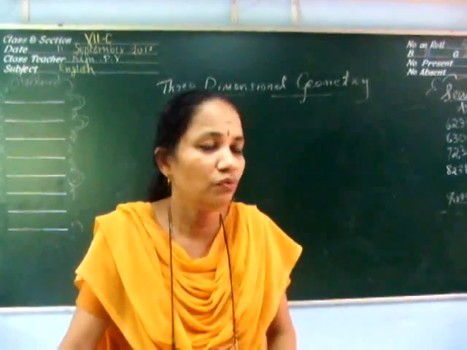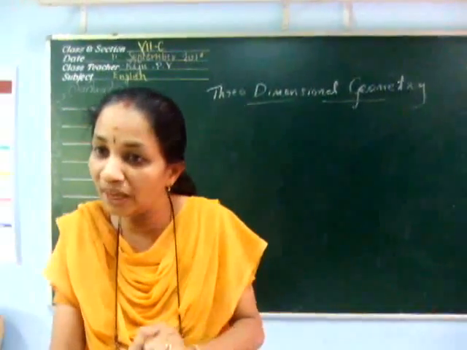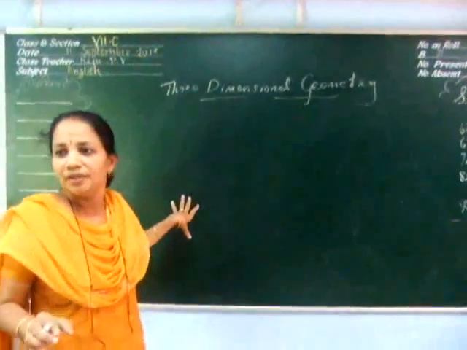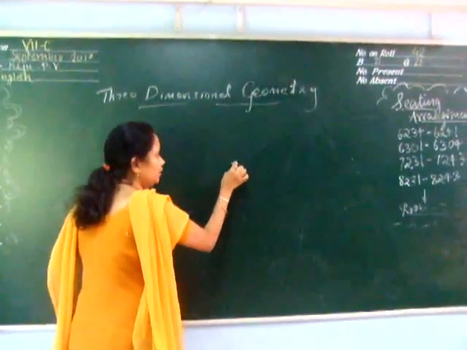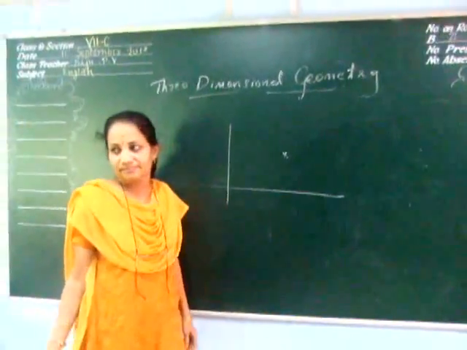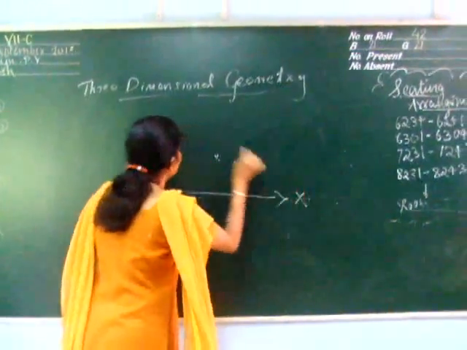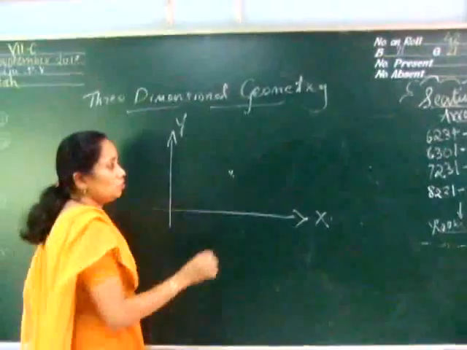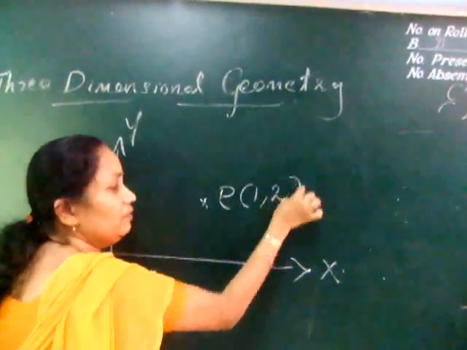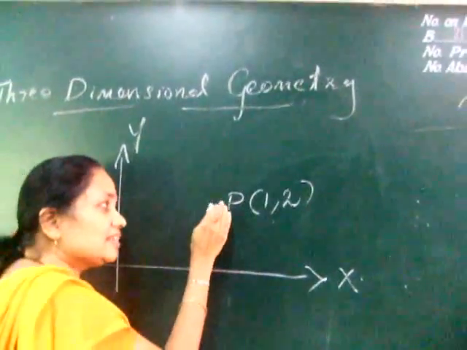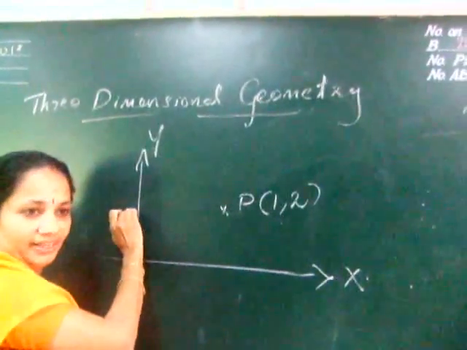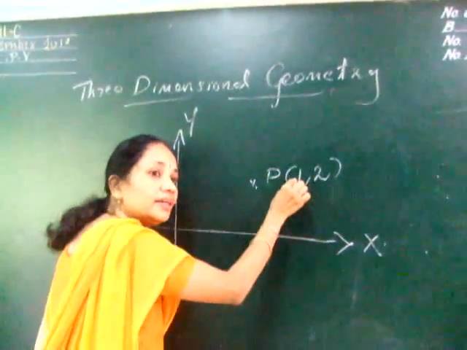in space. While locating the point, you know that in two-dimensional geometry, you can locate a point in a plane. So in a plane, when you locate a point, you require only two mutually perpendicular axes. One is called the x-axis and the other one is called the y-axis. So when we locate a point in a plane, let us take P(1,2). So we consider the perpendicular distance of P from the y-axis, which is called a